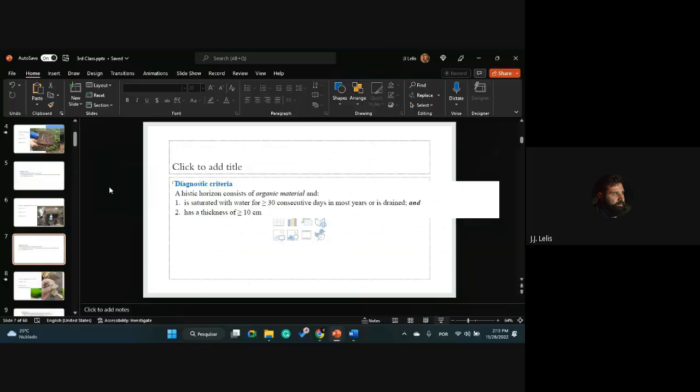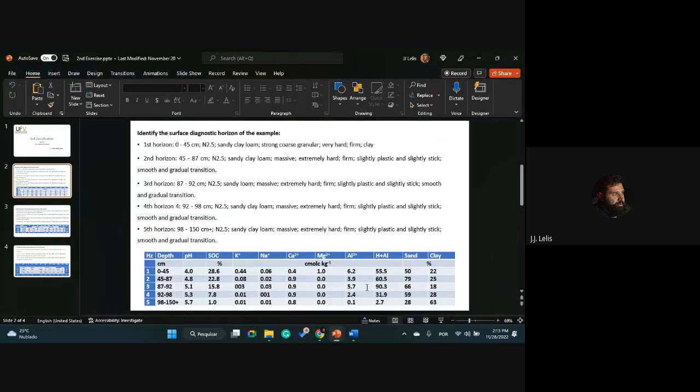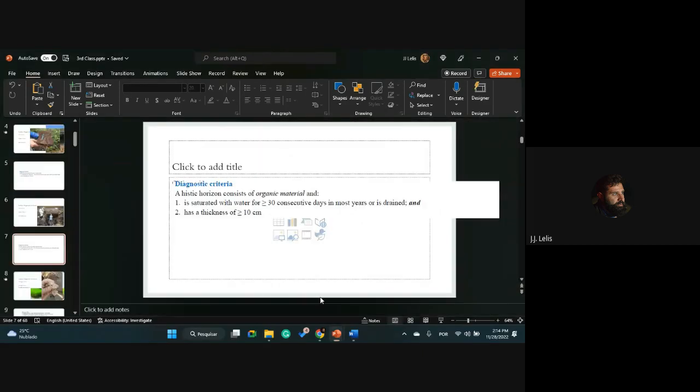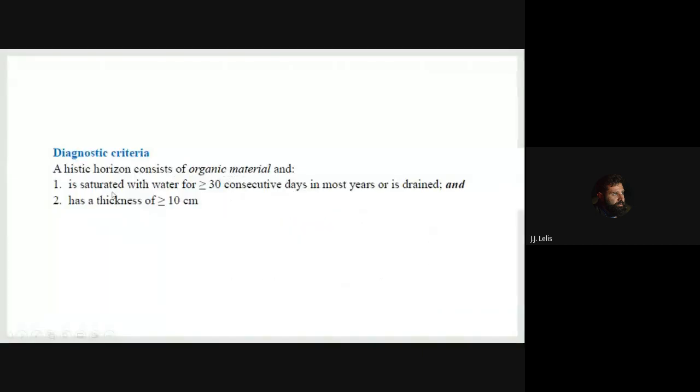So if we compare the N color, the absence of hue, we can understand that this first horizon presents a high content of organic carbon, and at the same time presents a high number of days influenced by water. And the last criterion is that the histic horizon possesses a thickness equal or higher than 10